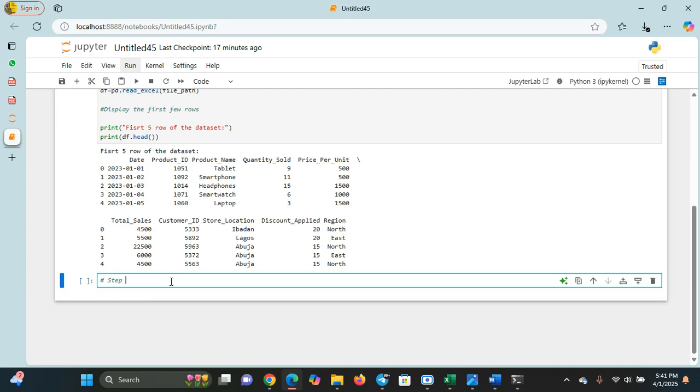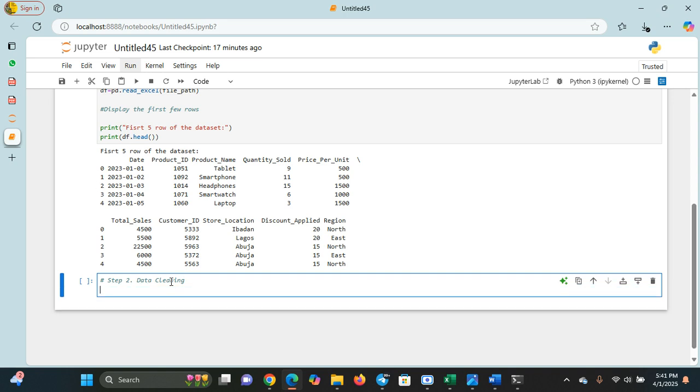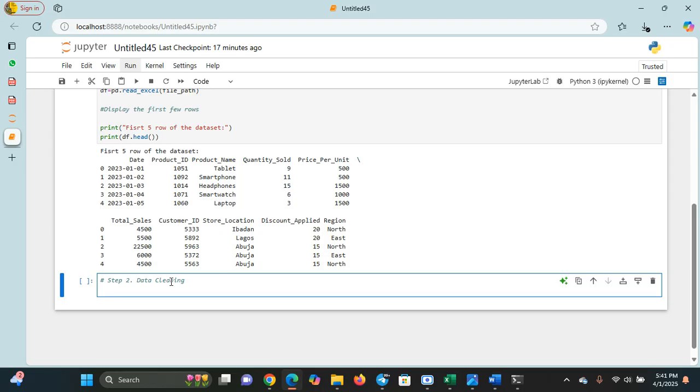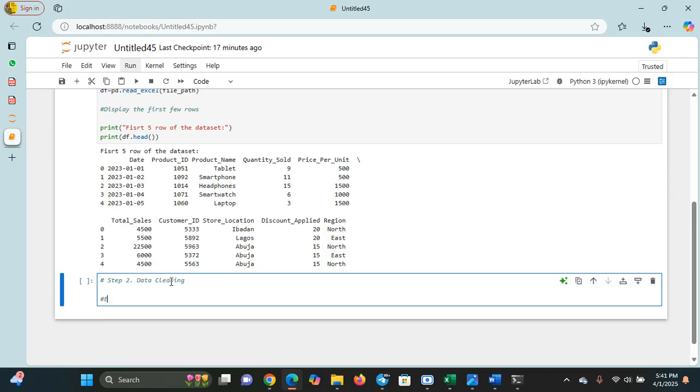Okay. Step two. The step two now is to do data cleaning. So let me do a brief explanation on that. So if you are going to,